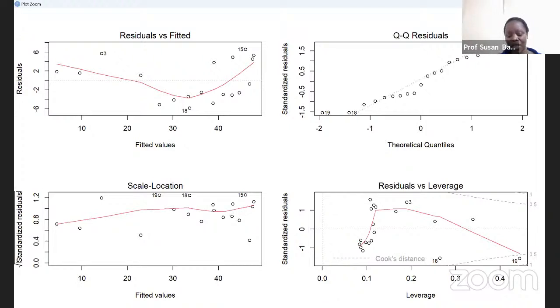And when we go here in the QQ plot, it is telling us that our data is not normally distributed. You can see almost all the values are falling off the dotted line. When we go to the Cook's distance, there is observation 19, which is influencing the shape of the line. So what we could do if we had time, we could eliminate observation 19 and see what happens to our model. But still, when you look at our residual versus fitted value, we still see that there's a bit of,